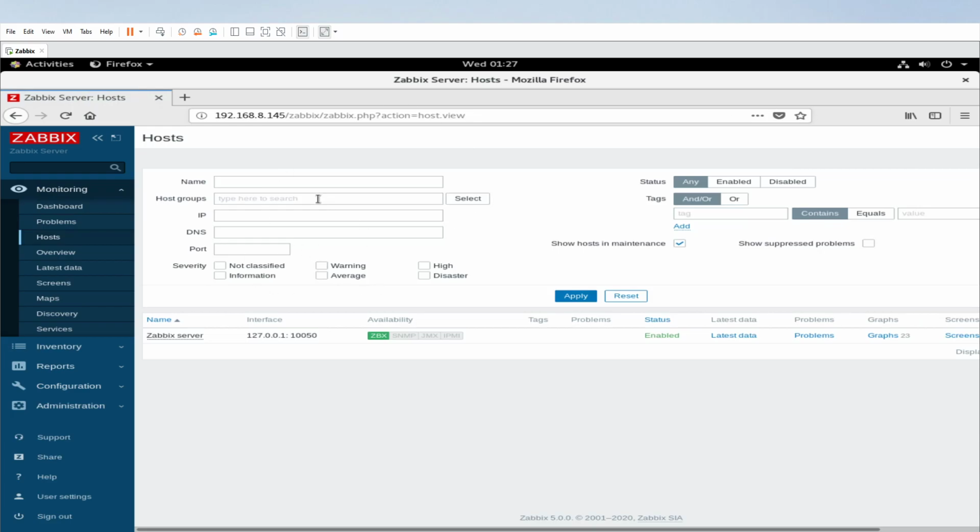Just like any other NPM, you have to add the number of nodes here that you want to monitor. As you can see here, there is already one node, which is the Zabbix server itself, and it says ZBX. It is basically the agent that is running on the Zabbix server that is feeding all the information to the Zabbix front end. As you can see, it works like this. Before jumping into the configuration, let me show you how Zabbix actually takes all this information.